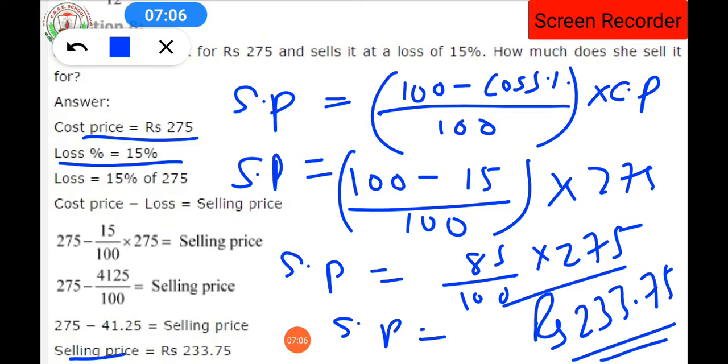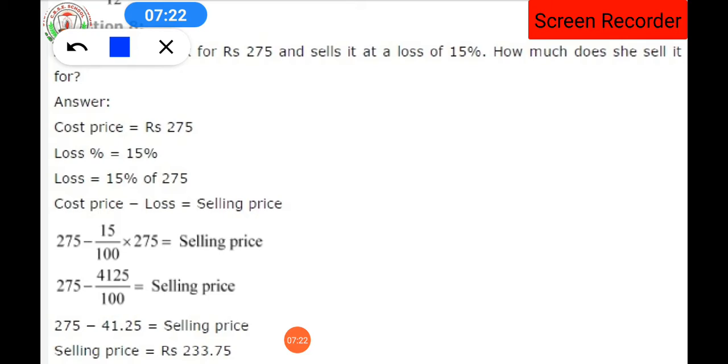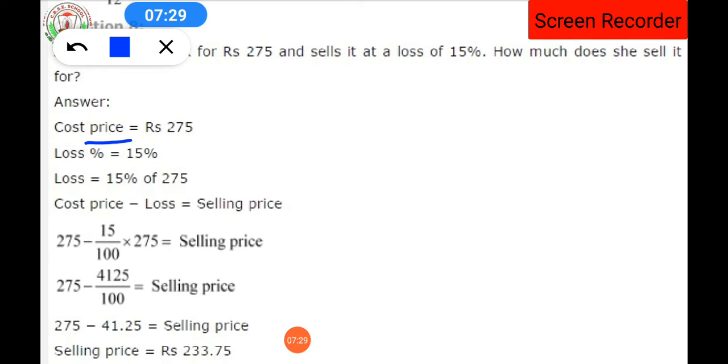Have you understood? So this method is said to be the formula method. Remember dear student, this method is said to be the formula method. Now we are going to move to the second method that is being given. That method we are going to see over here, which is given as an answer on the screen. Now let's see. Okay, first method explanation is over. That method is known as the formula method. Now here we are going to see another method.